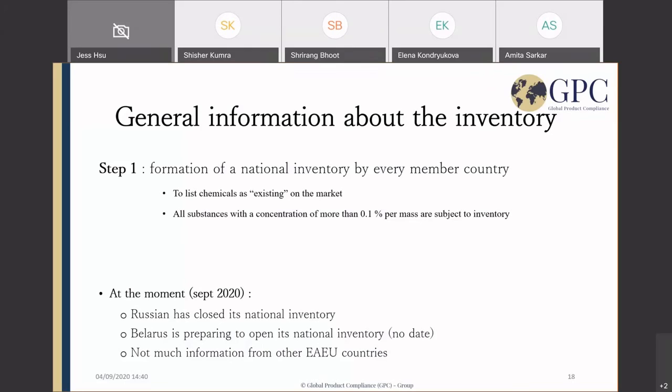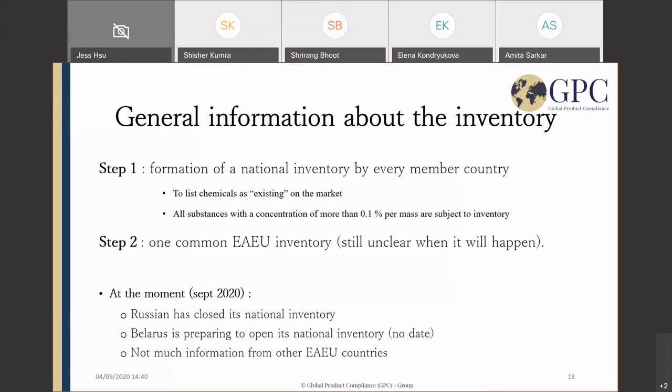And then the second step is the formation of this common EAE inventory, which has not yet happened. The reason for that is that only Russia so far has made this national inventory, and for September 2020 it has already closed, so they're publishing it, they're in process. However, other countries have not yet even started the process, which is a bit complicated because this was supposed to be done last year, and due to that delay